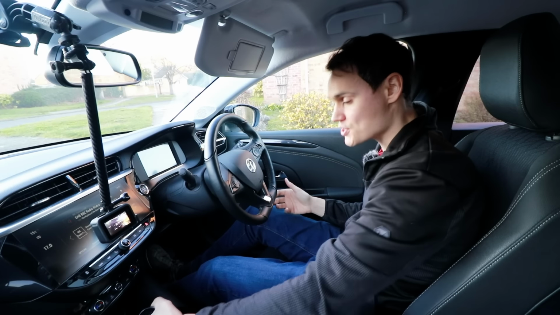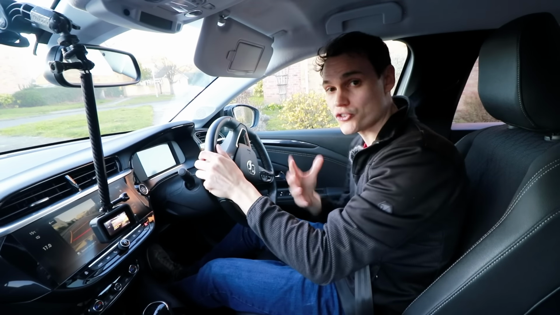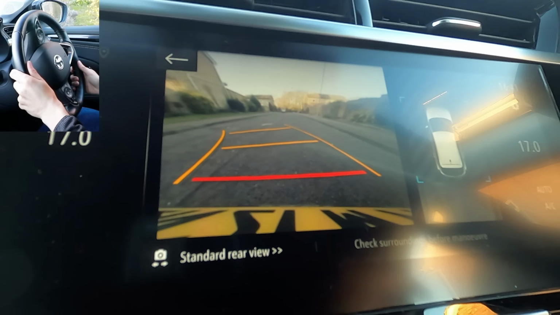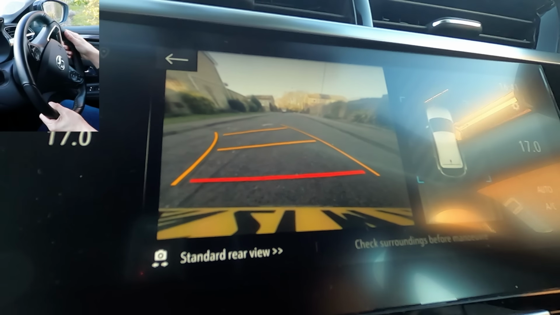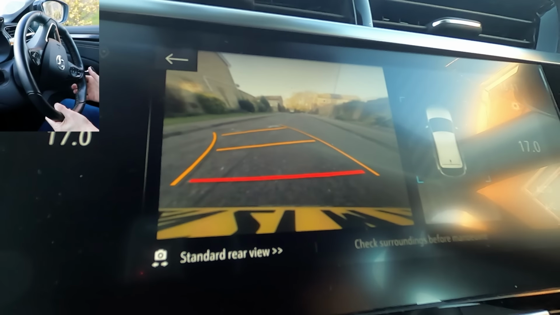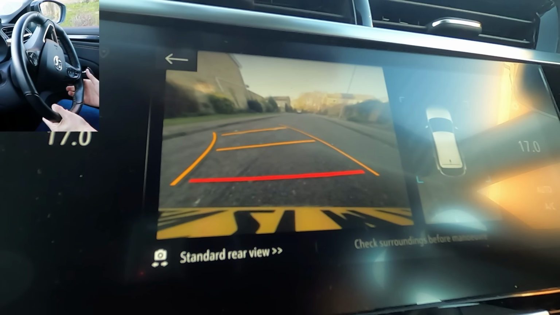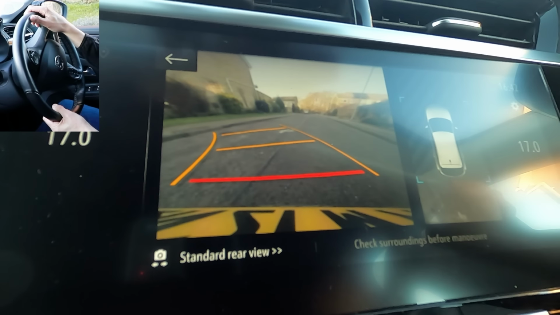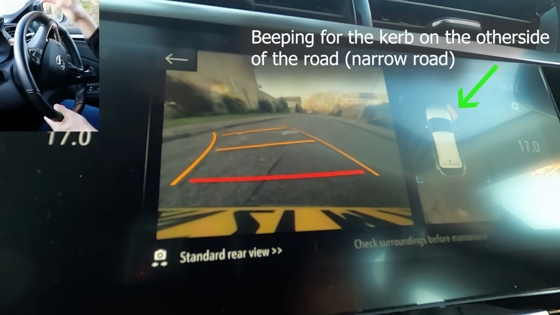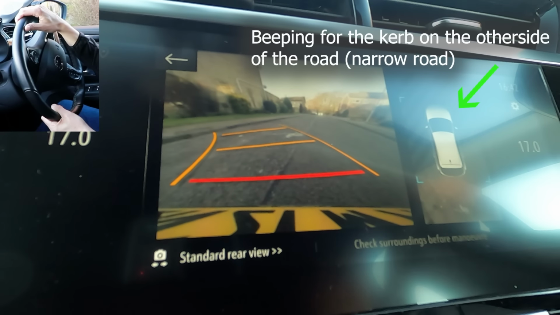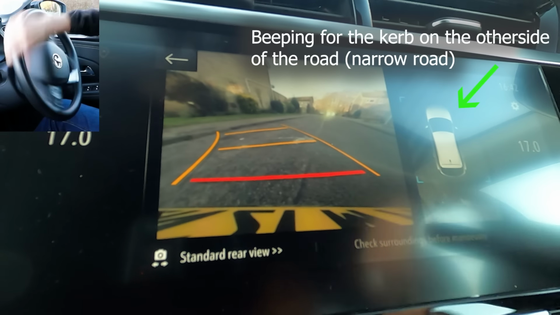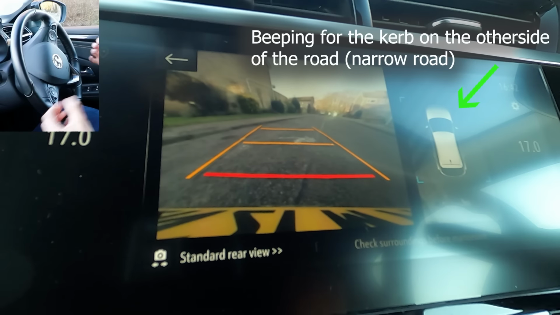So select reverse, steer all the way towards the curb because I'm going that way. I'm going to add angle towards the curb. Have a look round, make sure it's safe, no one coming, and add some angle. No more than 45 degrees. Less will be easier, but will require a slightly bigger space. The more angle you have, the smaller the space you need, but once you go beyond 45 degrees, then you're snookered. So I'm going to go with about that much angle, straighten the wheel, and now come back at this angle